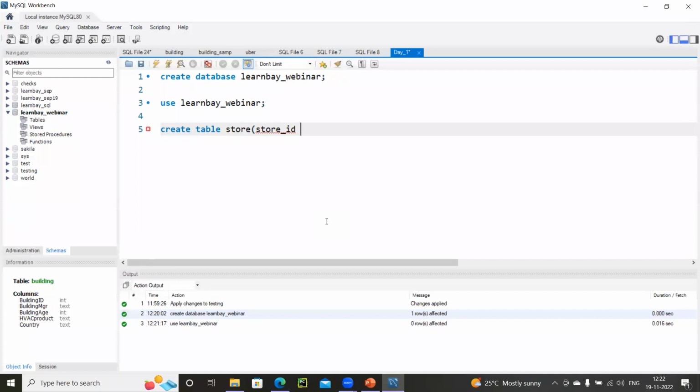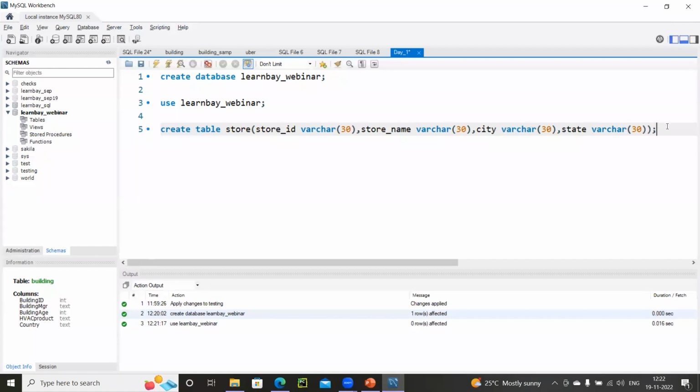Just let me write this first. Then store name, city, and state.